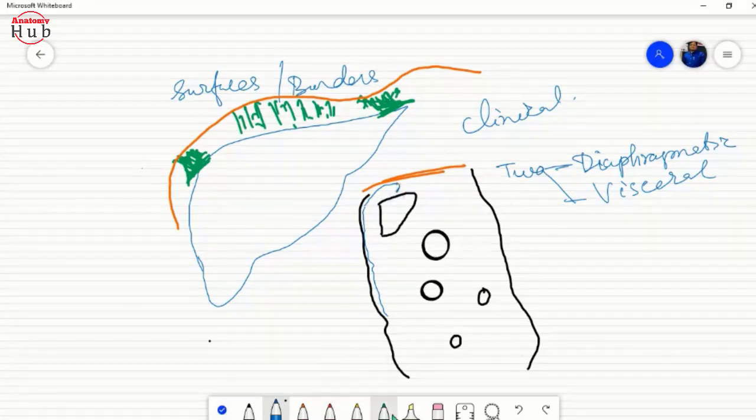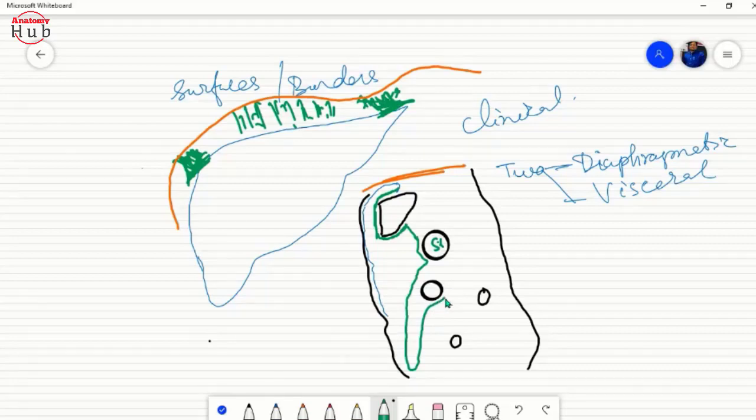It returns back. So when it returns back, it forms your visceral peritoneum. And this visceral peritoneum is covering the anterior surface and the inferior surface, then it goes towards the greater curvature of the stomach. This is the stomach, right? And it covers the greater curvature of the stomach, then reflects back downward, then again comes upward, covering the inferior surface of the transverse colon,